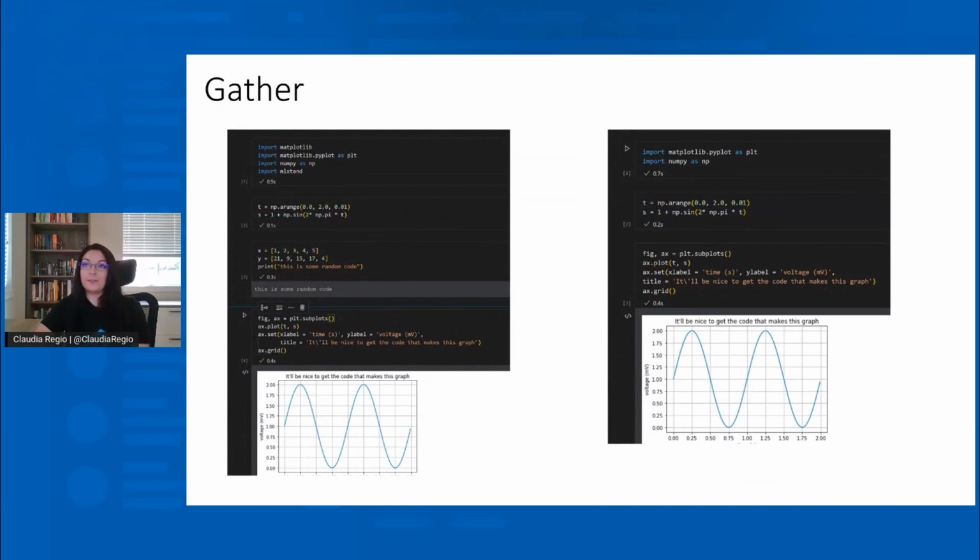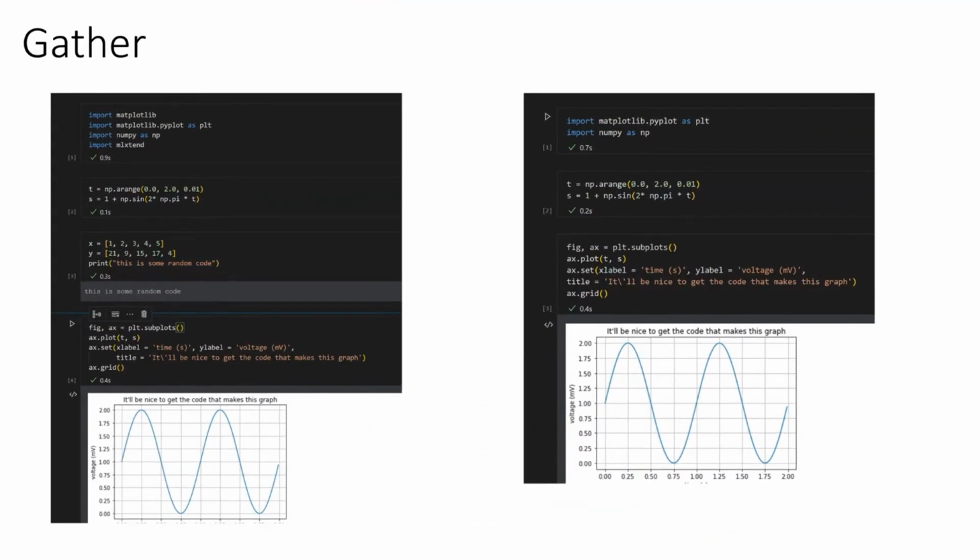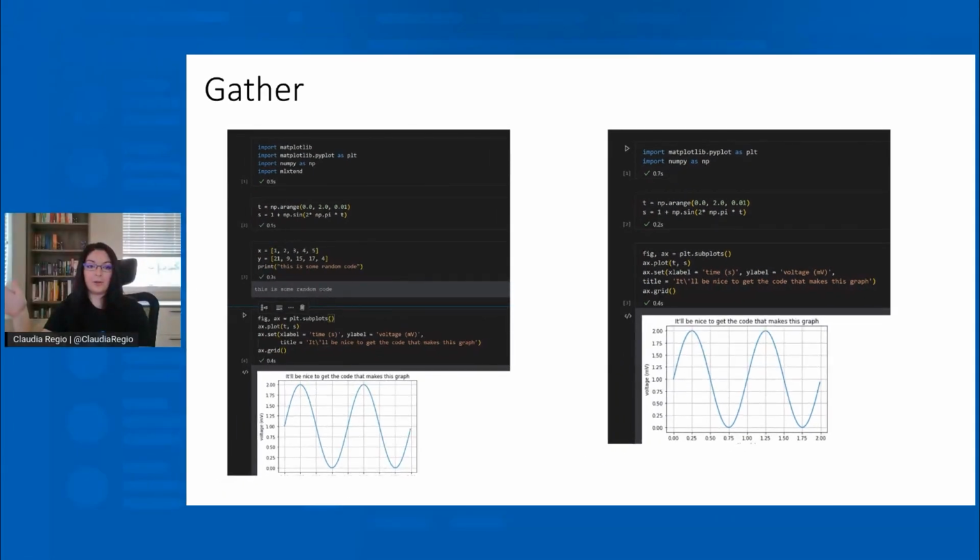All right, another one, Gather. So Gather is actually a complementary extension. This is one of those additional ones that you would have to get in the VS Code Marketplace, just like LiveShare. And what ends up happening is many times when you reach the end of your notebook and you've tried a couple approaches, but you decide, okay, I want to move forward with this approach,